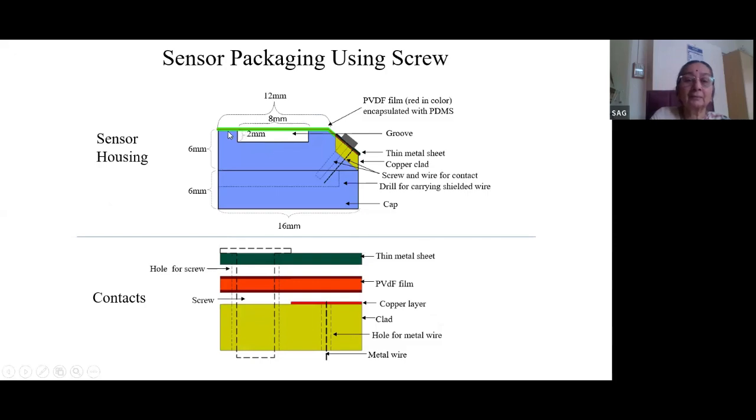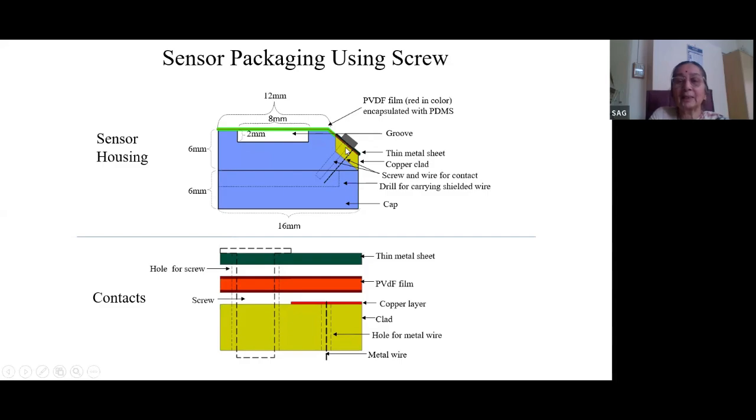Then we put this on a sensor housing. So this is the area, 8 millimeter. This depth is 2 millimeter because the movement of this PVdF film will not be more than 2 millimeter naturally, and therefore we put it. This gap on the holder was 2 millimeter, and the encapsulated PVdF film was put like this,